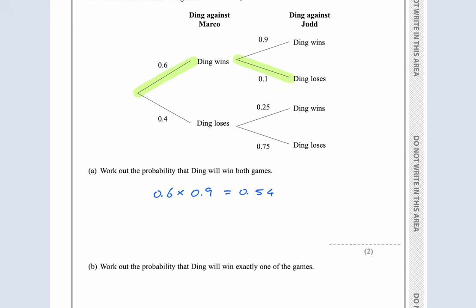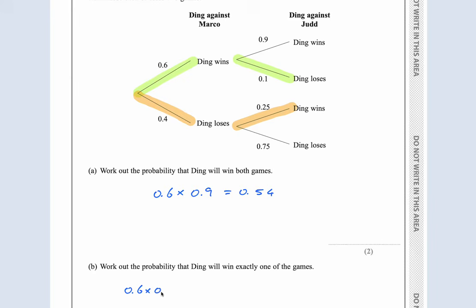Or he could lose the first one and then win. They are the only two situations where you will win exactly one of the games. If he does this, he'll win both. And if he does this, he'll lose both. So I have to do this times this,